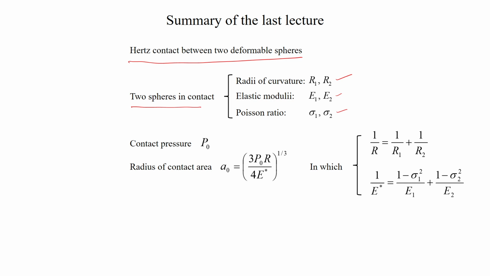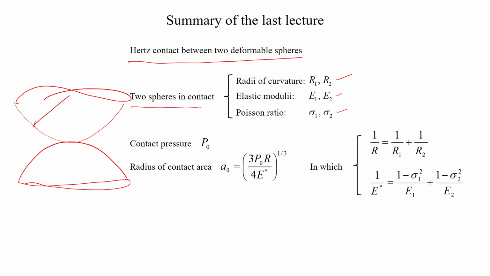Remember that it was something like this: we have one sphere here, and there is another sphere there. So, it was something like this, and let us say in one case this was R2, and in the other case this was R1. Now the contact pressure is P0 in both. So, what happens is that you apply some contact pressure P0, and the radius of